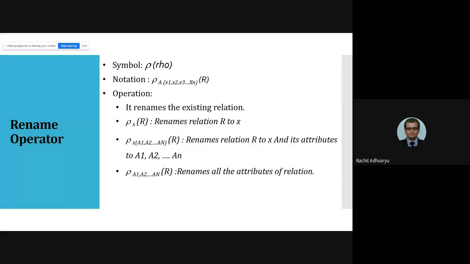That is the rename operator, and it is symbolized by this particular symbol. We can call it rho, or we can say a slightly slanted P. You can remember the symbol is P type, but between vertical and horizontal, so it's slanting or diagonal. Diagonally, we can draw P for this rename operator, right?